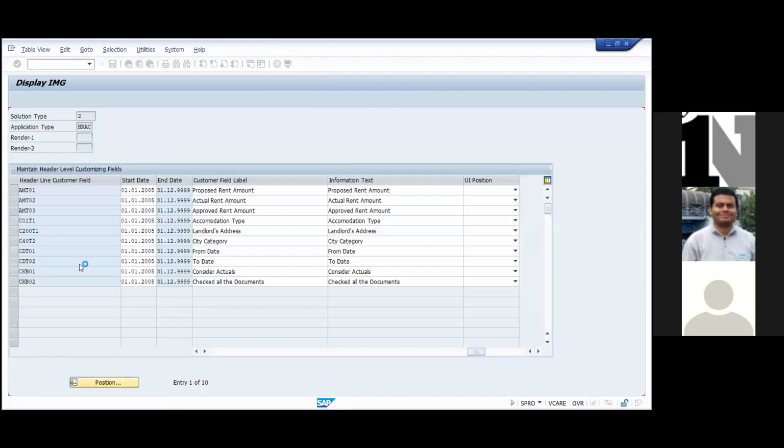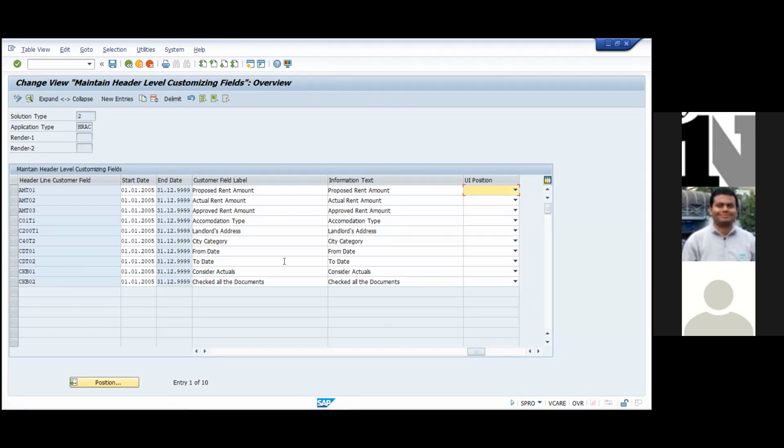So basically, the configurations are maintained here. Did you see that here? Here we are mentioning the different fields under 581, like proposed rent amount, your actual rent amount, all these details are here. And in the UI position, go to the drop-down value.